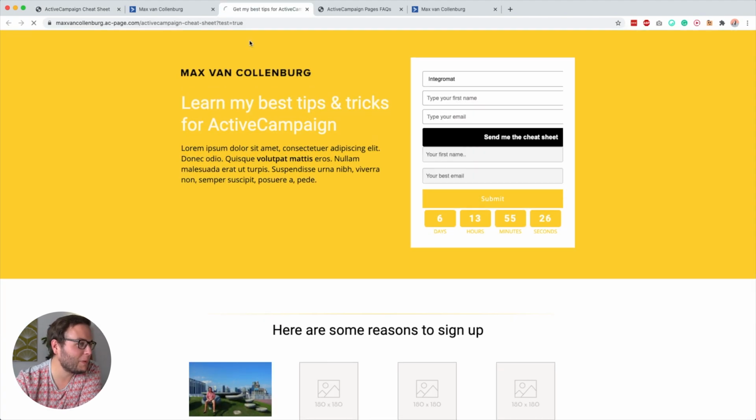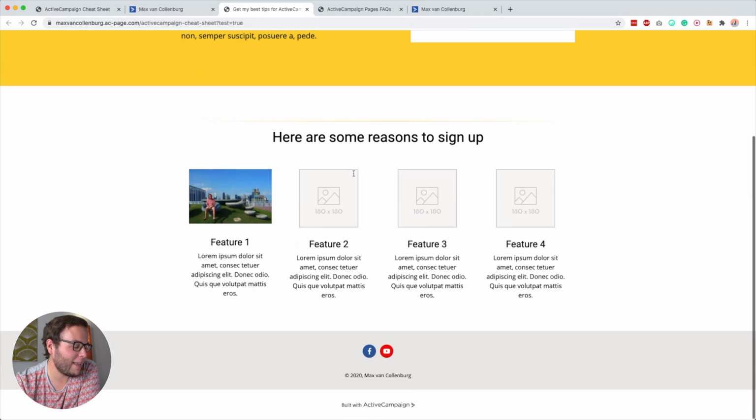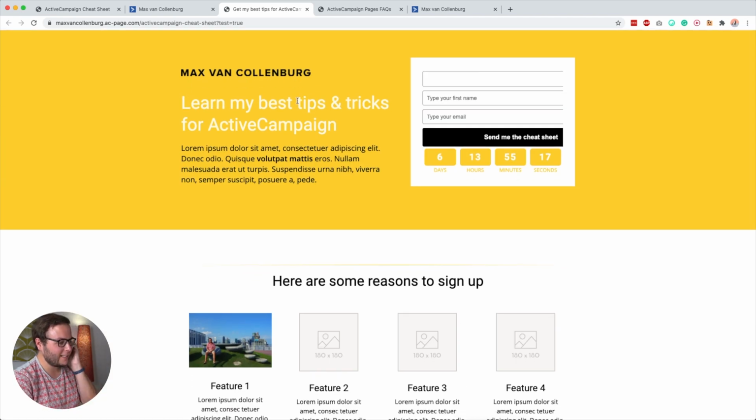It doesn't look so super pretty, right? But I was just quickly playing around with this. Oh, here's also some ActiveCampaign branding. I'm curious if we can turn it off anywhere. I didn't see that. So yeah, this was just me playing around with the landing pages for one of the first times. Like I said earlier, I played around with it for 20 minutes. Apparently not good enough because I was still looking around for lots of stuff. But I will definitely dive deeper into this and then maybe make a tutorial about it.